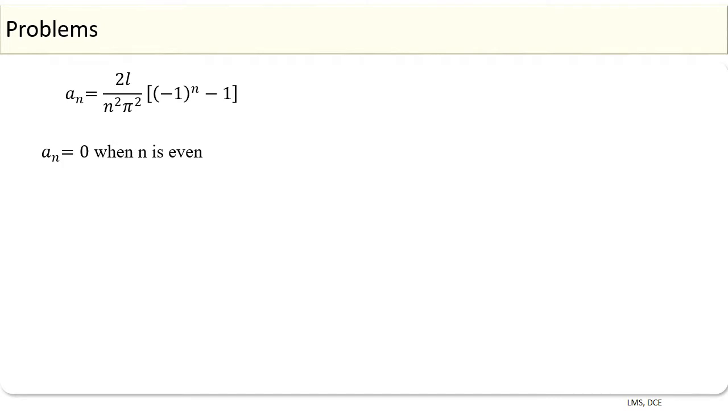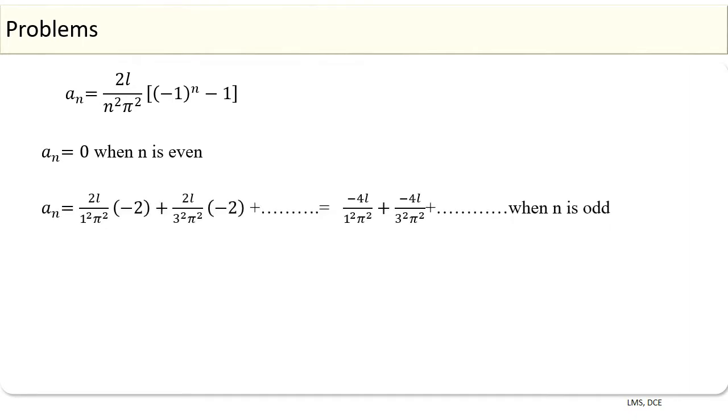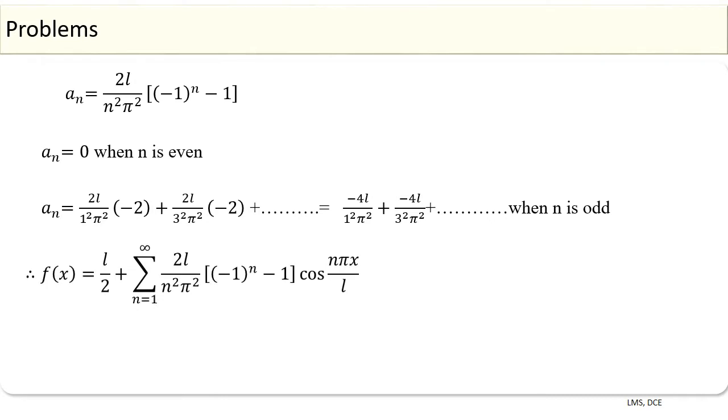Now an becomes 0 when n is even, and when n is odd, an is equal to 2l divided by 1 square pi square of minus 2 plus 2l divided by 3 square pi square of minus 2 plus etc., which is equal to minus 4l by 1 square pi square plus minus 4l divided by 3 square pi square plus etc. By substituting the values of a0 and an in f of x, we have